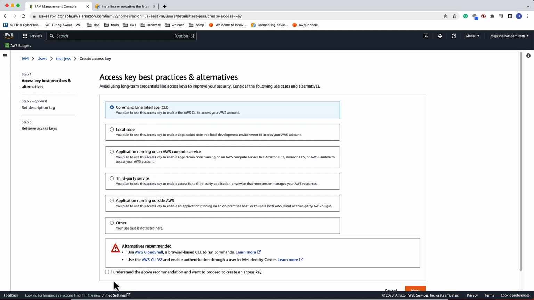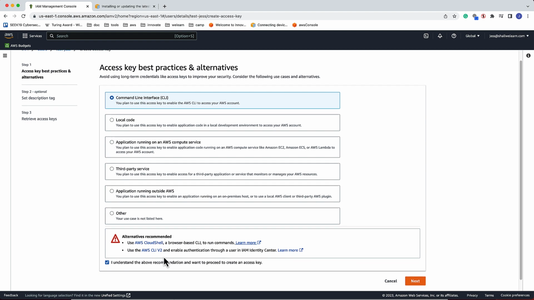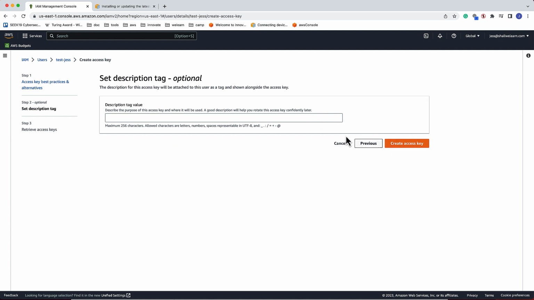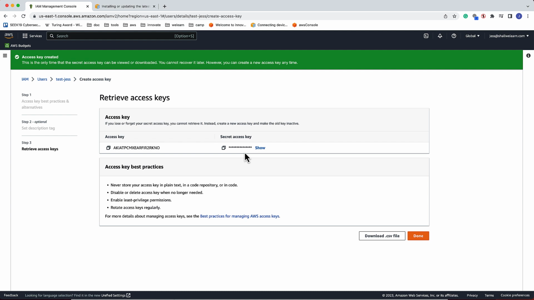We're going to create this access key primarily for accessing AWS resources using the CLI. Click on I understand the recommendations. Go ahead and click next. Skip the tag and just click create access key. Now it shows that you have the access key and the secret access key. You can provide this to your user, and for now, since we are the user, I'm going to use